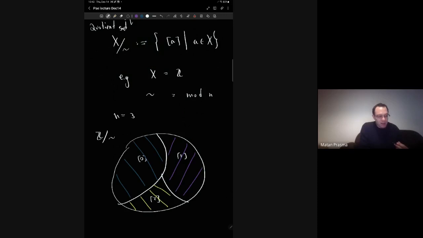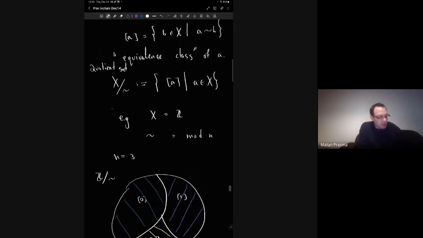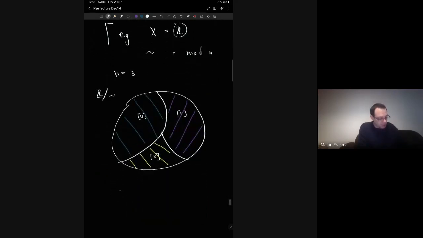But what is happening here, for example, in the integers modulo n, is that I had the operations on the original set. I had addition and multiplication, and in fact, I have induced operations on the set of equivalence classes, because so